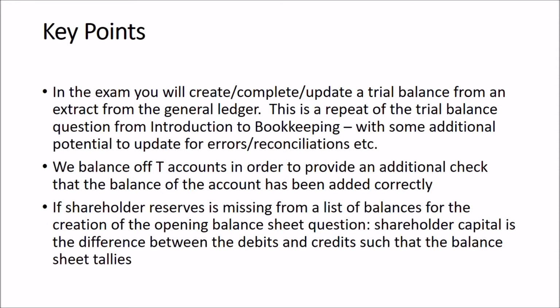So this is a repeat of the trial balance question in the Introduction to Bookkeeping unit. So you will have done that in the Introduction to Bookkeeping unit. But within this one, you've got some potential to update it for errors and reconciliations. And the important thing here is that the errors can go either direction. So people who pass this in the Introduction to Bookkeeping using DeadClick won't be able to do that here because